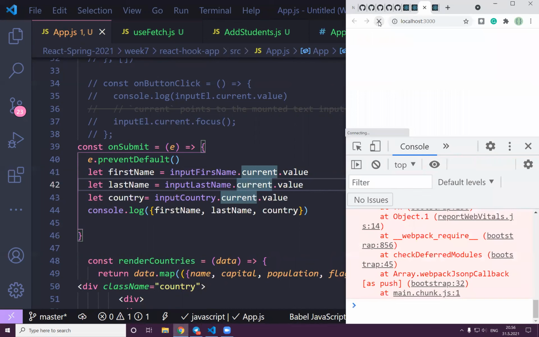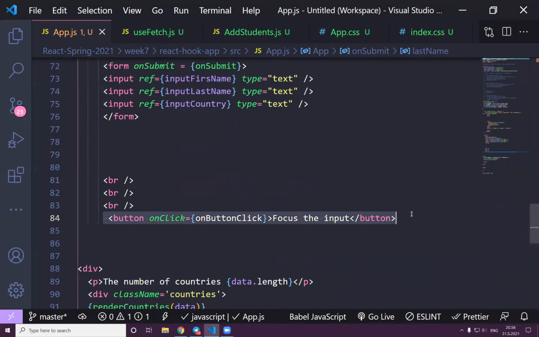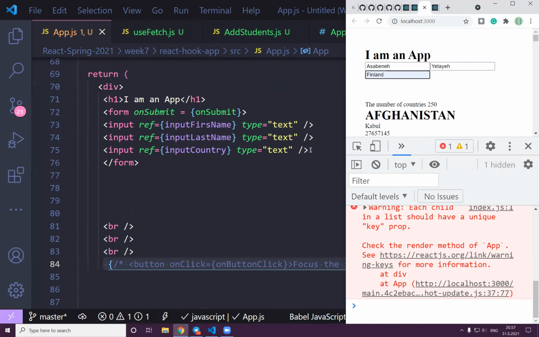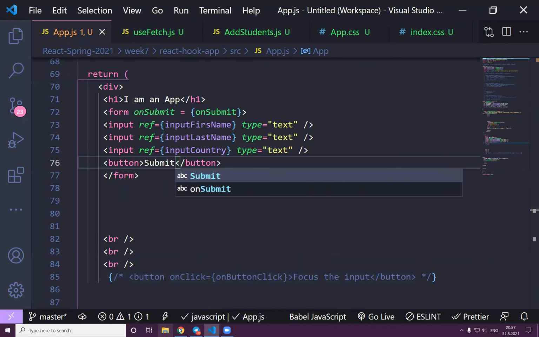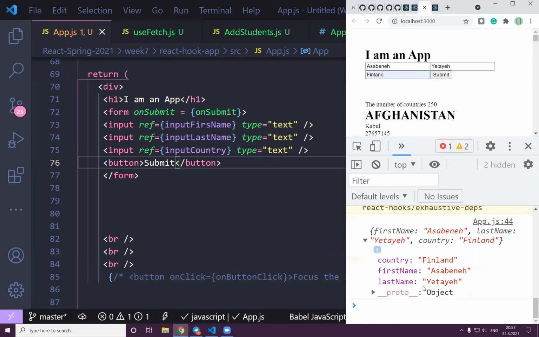Yeah, but something doesn't work because the button is already now inactive, so it shouldn't work. But let's see now. Now we have this, and my name, Sabine, and the last name, type, and Finland is good. But again, I forgot to add the submit button. Just submit is enough. Just writing a button. Yeah, I think now, as you can see, have you seen? I managed to handle data like this. Oh yeah,